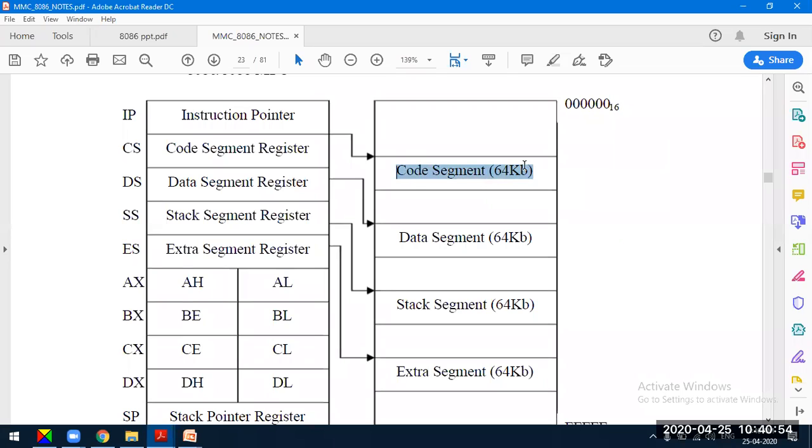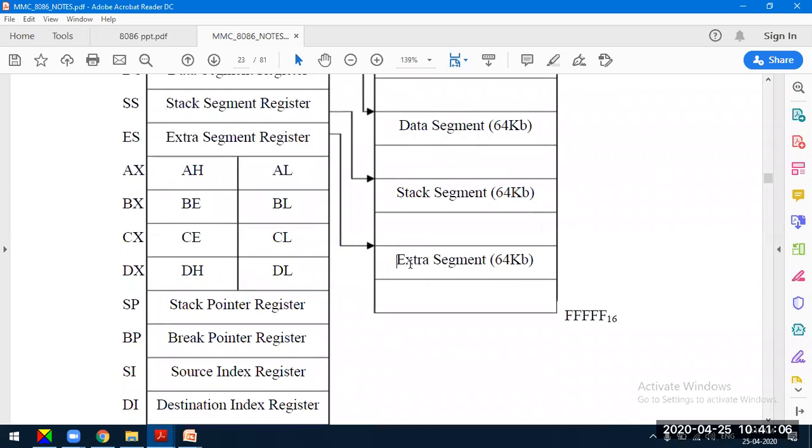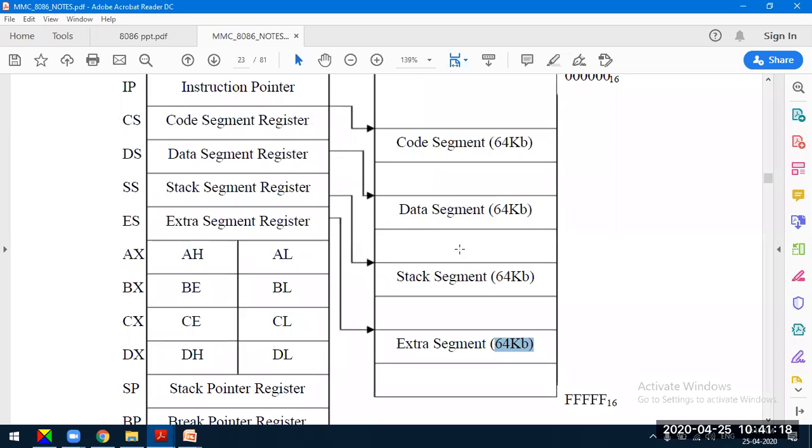One segment itself is around 64 kilobytes, which is very huge memory. Similarly, we have the data segment used to store the data, 64 kilobytes. The stack segment is for stack memory of the size 64 kilobytes. And for additional storage space, the processor provides what is known as the extra segment, and this is also of the size 64 kilobytes. Anyway, we'll discuss more on this in the next class.